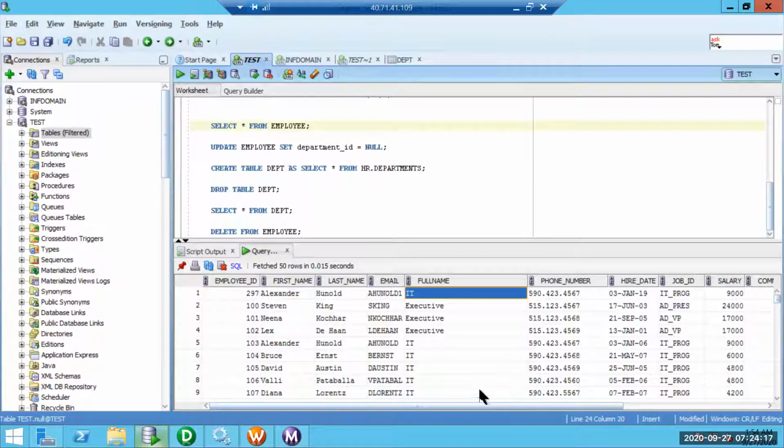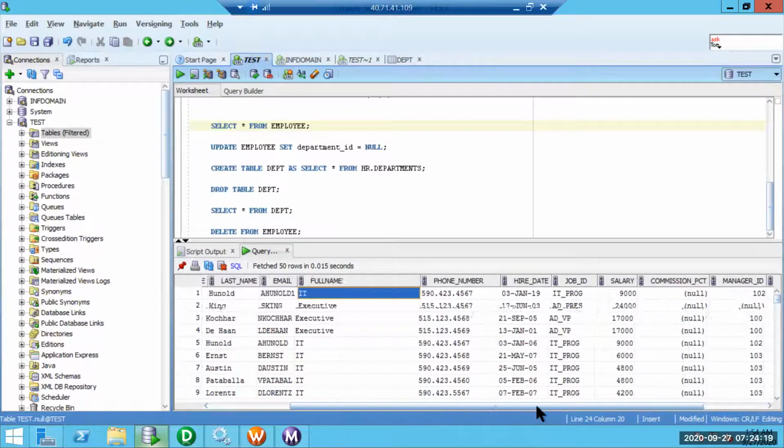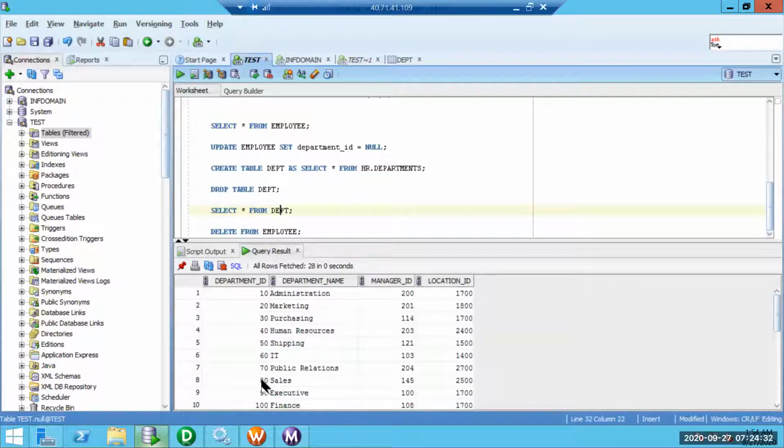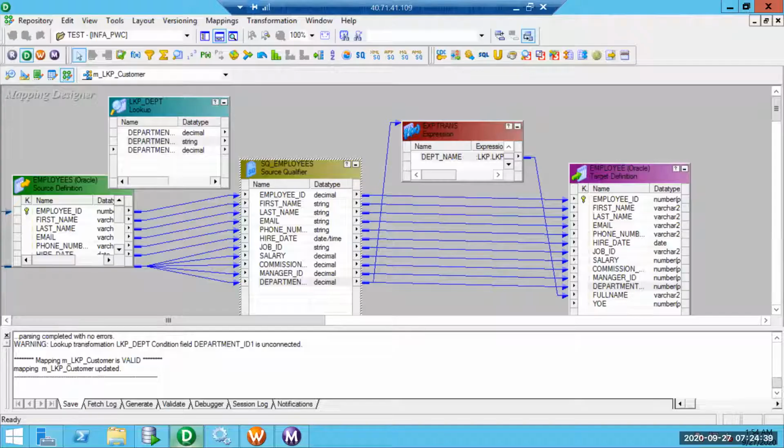In certain places, full name, which is nothing but department name, was showing IT and executive. Wherever it is 60, it should be IT. We can cross-reference that in the department table also. 60 is IT, 90 is executive. So this is how we can make use of an unconnected lookup transformation.